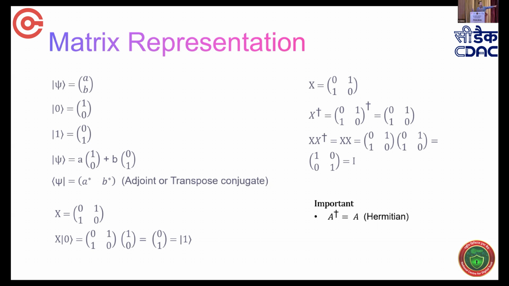One, there are some operators whose adjoint is equal to themselves. They are called Hermitian operators. And then there are some operators whose multiplication with their adjoint gives the identity operator. So they are called unitary operators. I'll be using this concept, that's why I explained it. And since A adjoint is equal to A, I can also say A squared equals I.